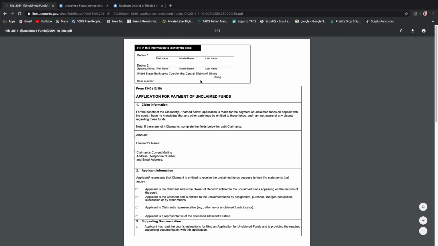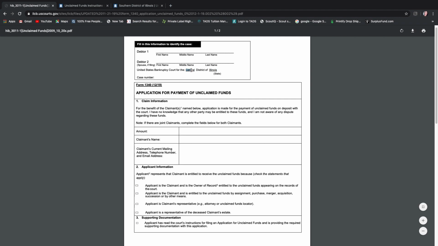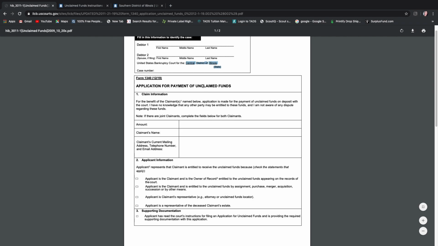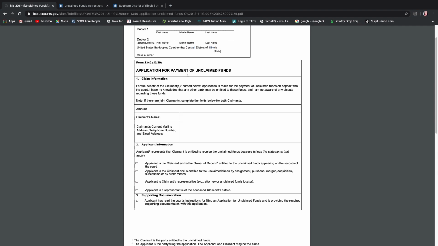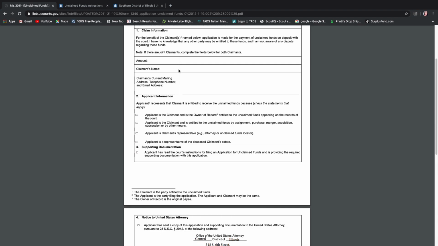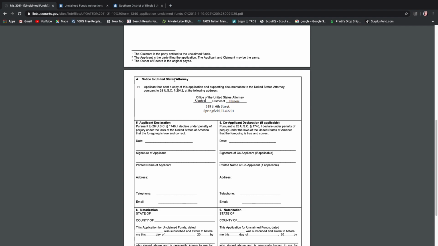So this district appears to use the official form, the form 1340. They already have this part filled in for this district. This looks similar to the other sites that we have, the states that are following the official forms. So this is, again, form writing, claim information. You have to pick what claimant you are, and you check that here, and then it has the U.S. Attorney's Office. Their address is listed here.